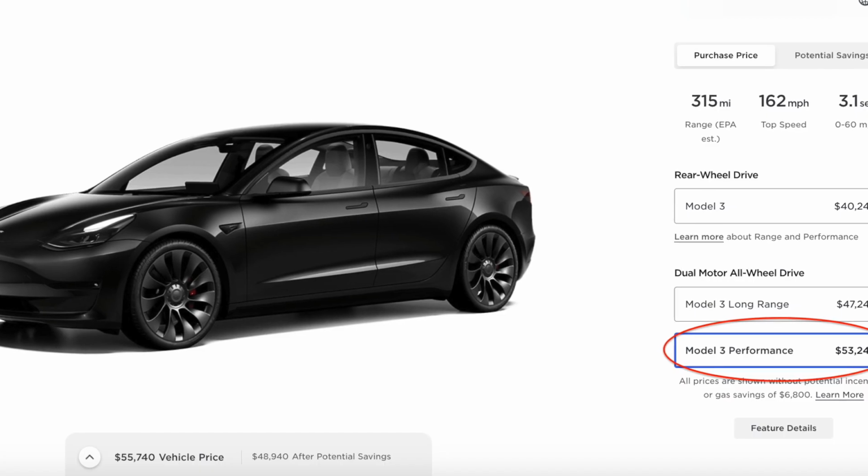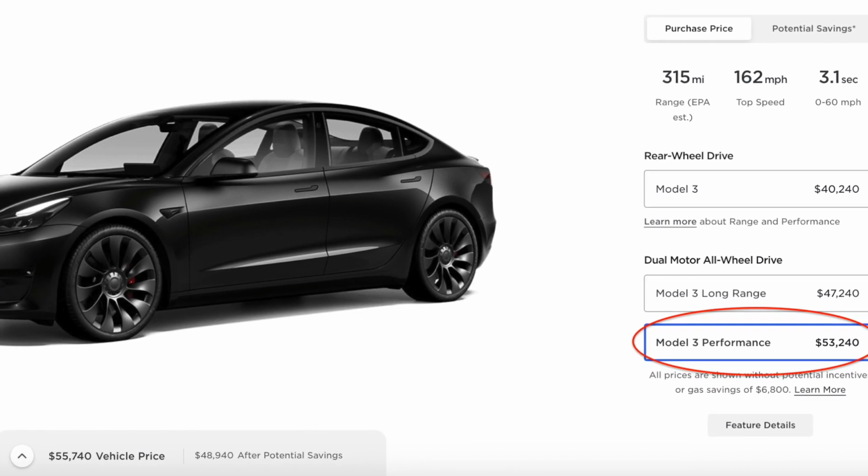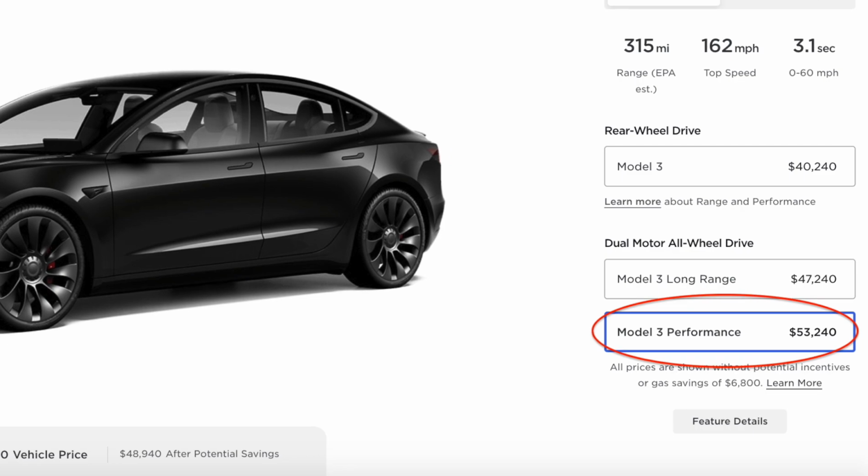at this point. Now, in my opinion, if your vehicle is not on the benchmark of the premium or upscale trim, which is the performance, your vehicle has the subpar products. That's just the truth of it. Why wouldn't they put the LFP inside the performance model if it's so good and it does so many things great? So what it comes down to now is that the long range is falling towards the standard range more